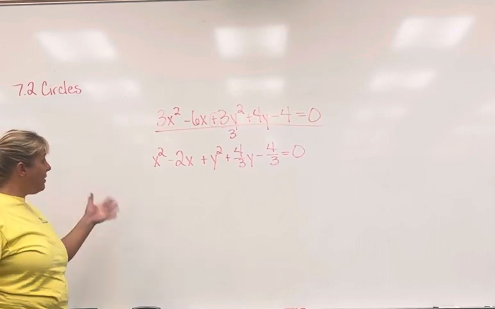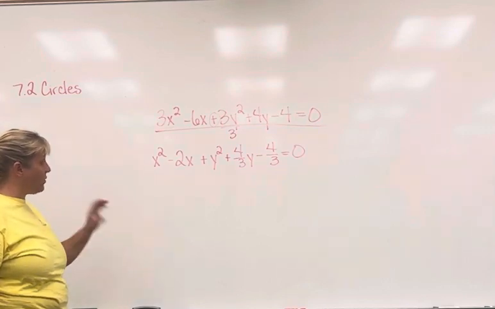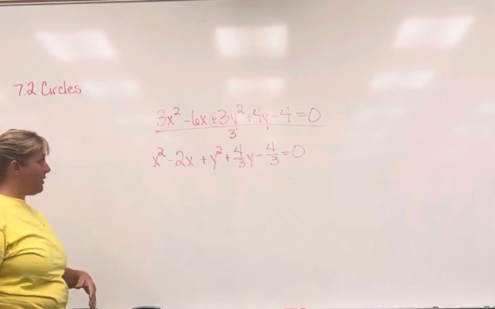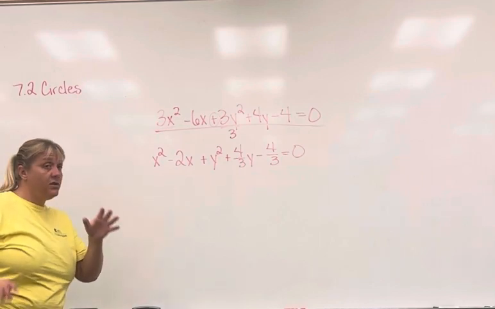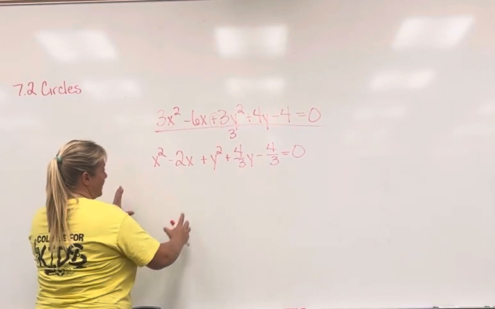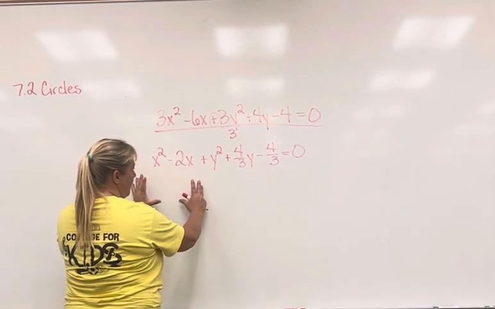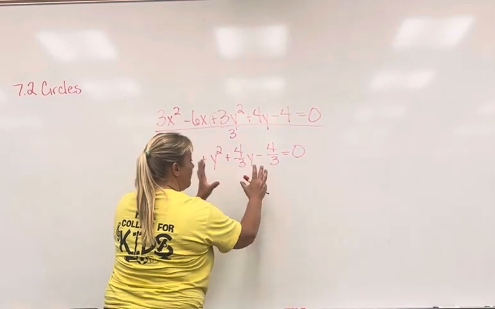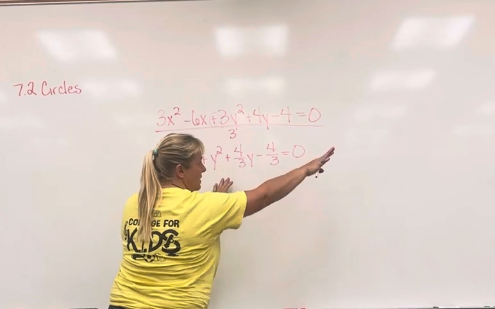Well, we got rid of the 3 in front of the x squared and the y squared. That's good. We'll have to deal with the fractions later. Now, what I'm going to do from this point is rearrange things. I'm going to take the x's and clump them together. I'm going to take the y's and clump them together, and the constant is going to the other